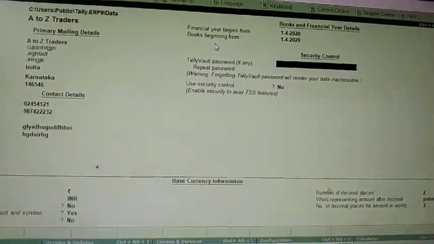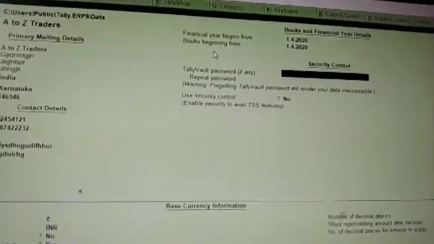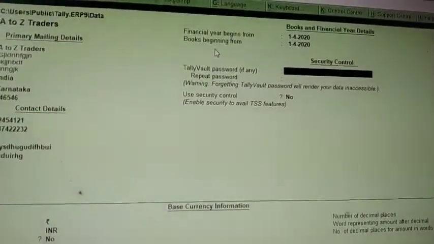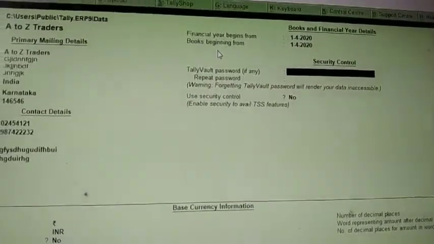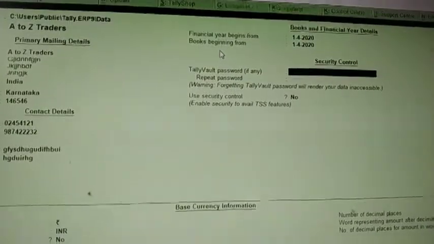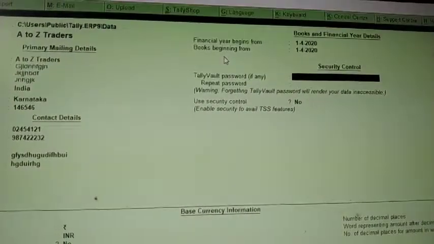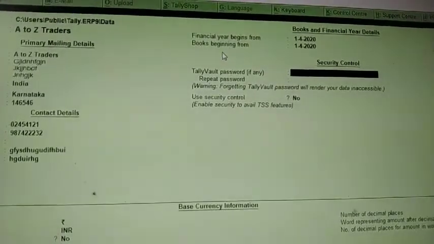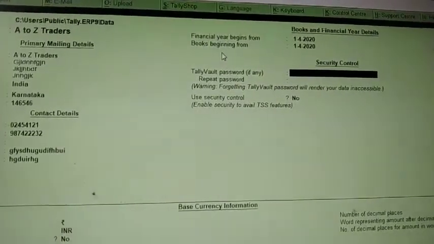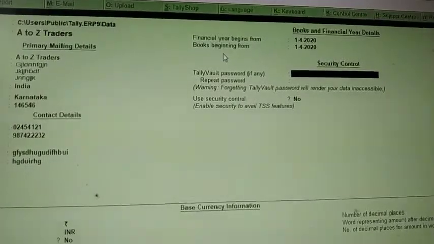Next part is the security control. There are two ways of password or security you can give for a company in order to secure your data. The first option to secure the data in Tally is the Tally Vault password.